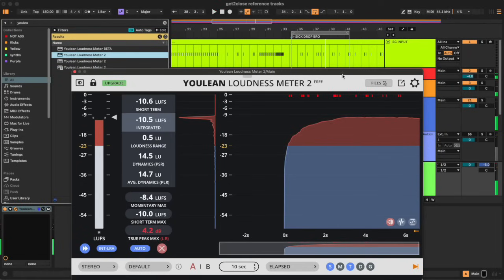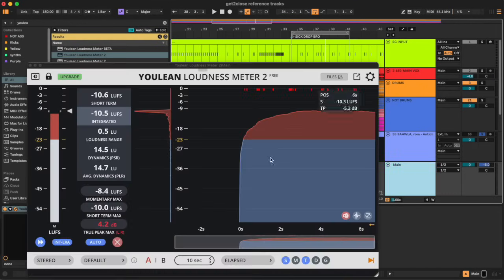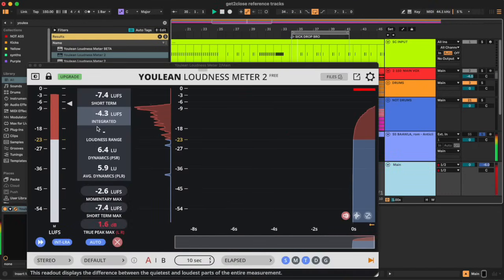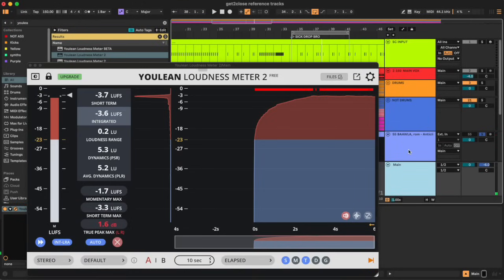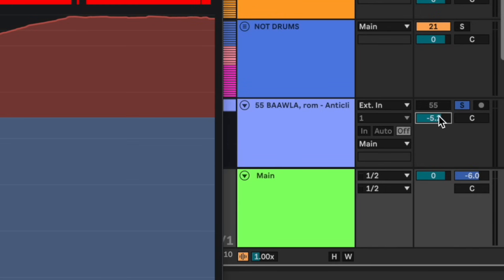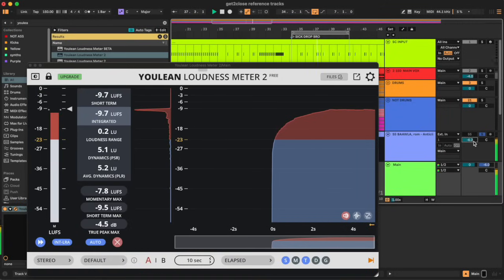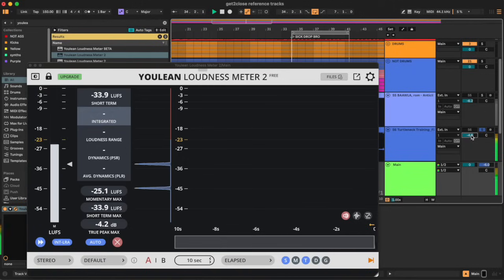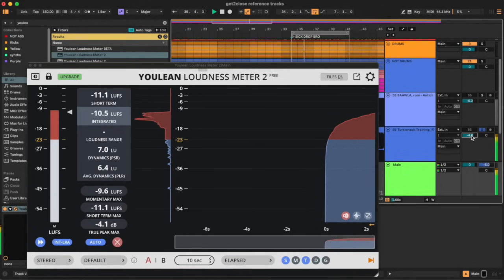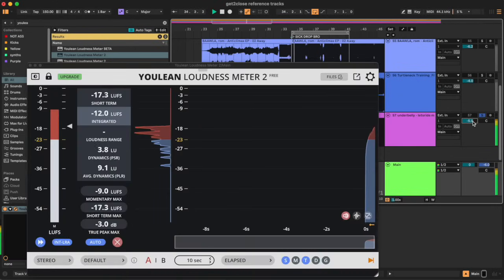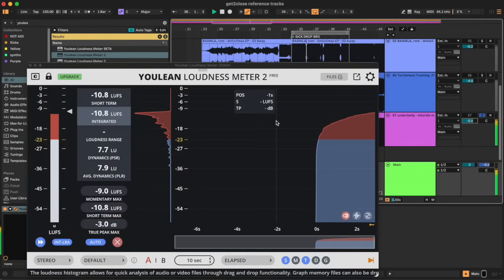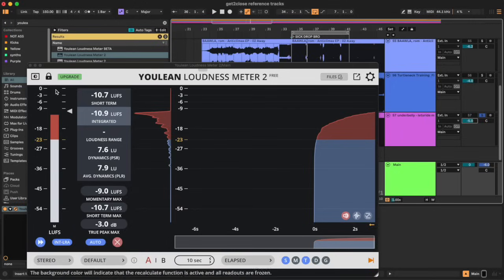Now let's go ahead and solo out the first reference track and see what kind of LUFS we're getting there. Holy shit! Oh my God! Let's go ahead and bring this reference track down just on the volume meter here until it's also hitting -10 LUFS like we were. Okay, pretty sick. All right, let's do the same thing for the next reference. Okay, close enough. And last but not least. All right. So now all 3 reference tracks are hitting around -10 LUFS,